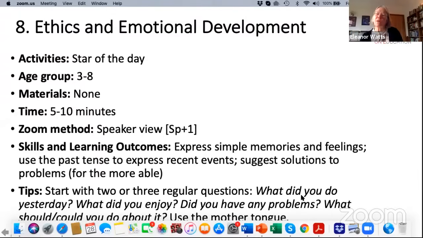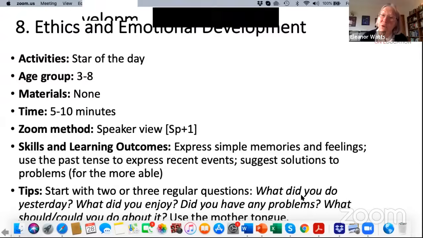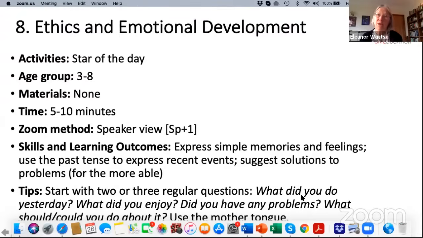I felt so. And of course, Telugu is not my mother tongue, but I can speak it a bit. And I wasn't the person who was speaking. In Star of the Day, you want the children to speak rather than the teacher. It's about expressing your own feelings, difficult feelings.